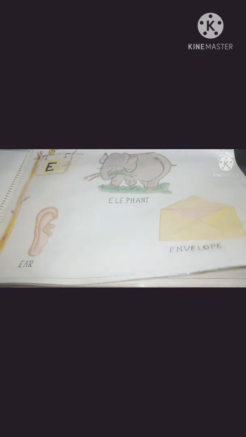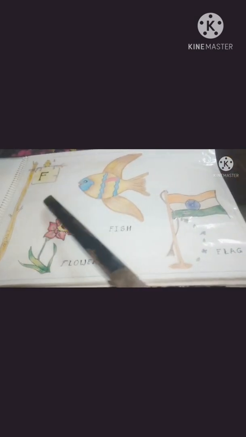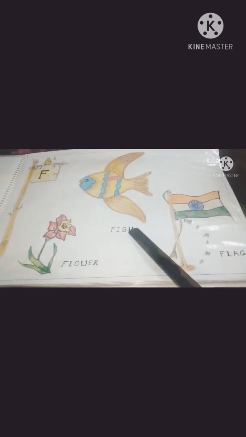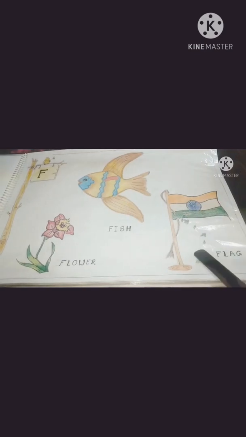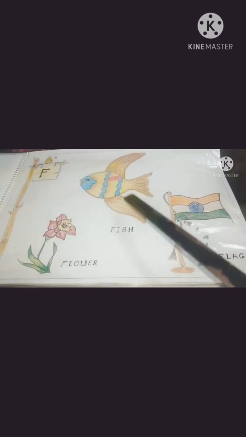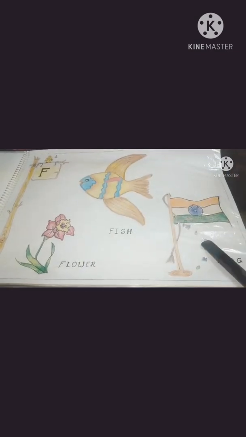Now, which letter will come after E? F. Yes, F for fish, F for flower, F for flag. F for fish, F for flower, F for flag.